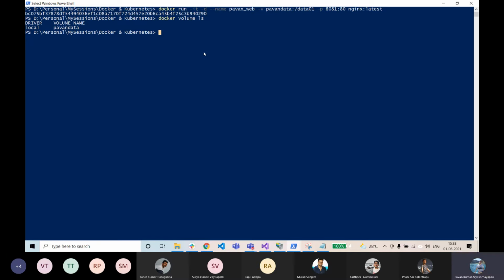So another thing you can actually do now is, previously we were specifying docker volume from, right? So now you can execute the same command over here. I'm just starting another container. The first one is Pawan Web and the second one is Pawan Web 1. This time I'm just specifying the same thing, pawan_data, and then colon data 1. Okay, so I'm just saying to use this particular volume. So now let me execute this.